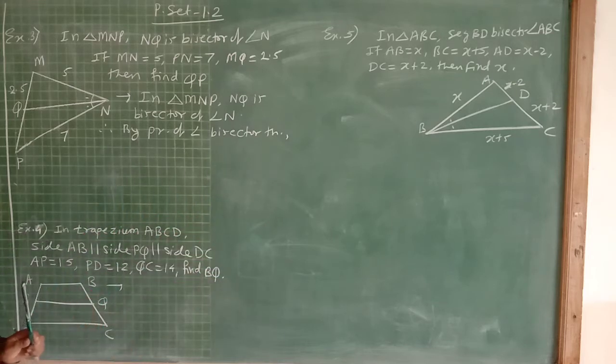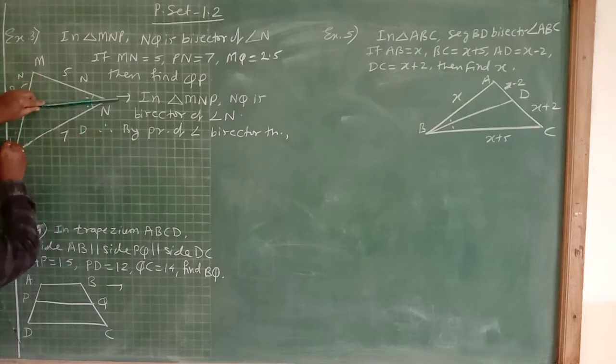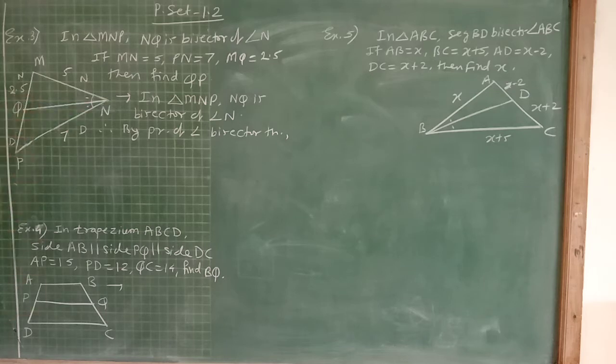What is the property? See, this is the bisector. Then take two parts of this triangle, this one part and this downside another part. So, the upside part we consider as numerator and the downside part as denominator. This is the easy way to solve this problem. First of all, we are considering sides. This side is in the numerator's place and this side is in the denominator's place. So MN upon PN